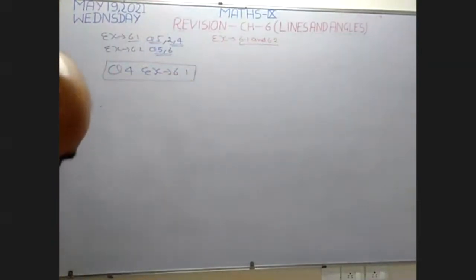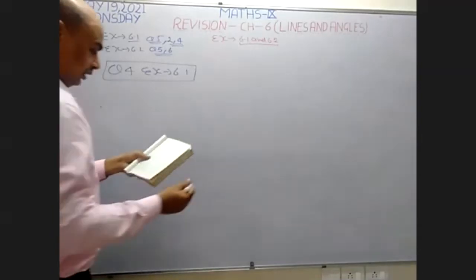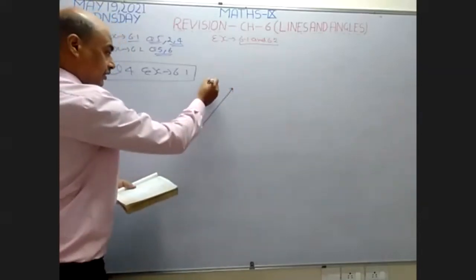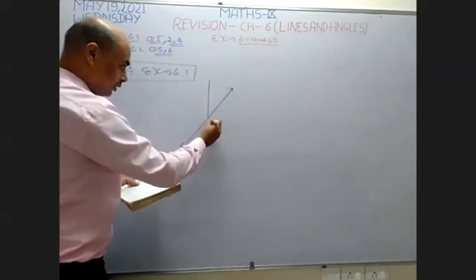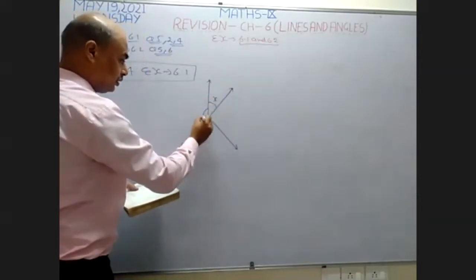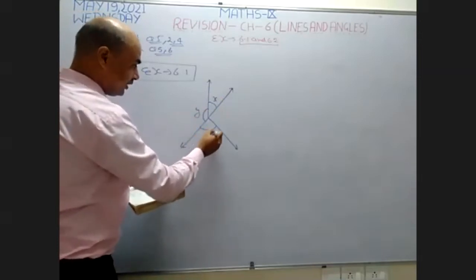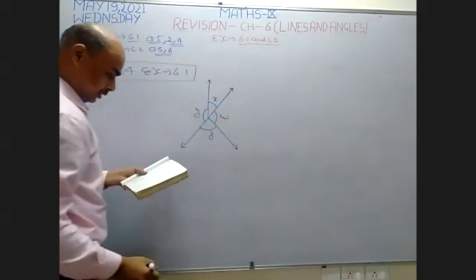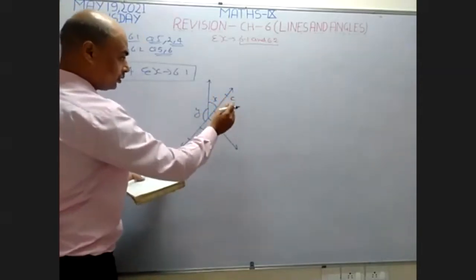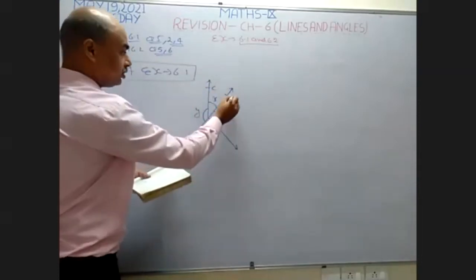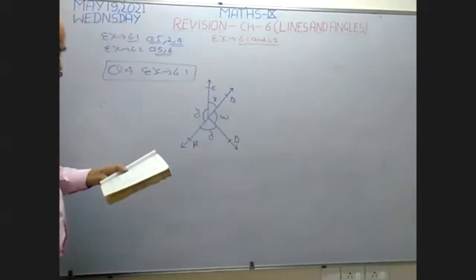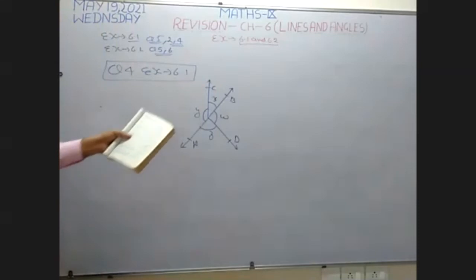Now I want to draw the figure. In this figure, the figure is this line and this line. X, Y, Z, and W. And this is O. This is C and this is D, and this is A and this is B. This is the figure. Okay, what is given in this figure? I want to write on the board. This is the figure of question number 4.